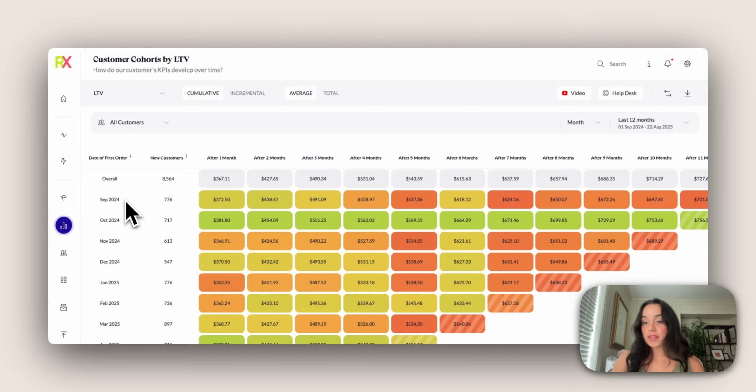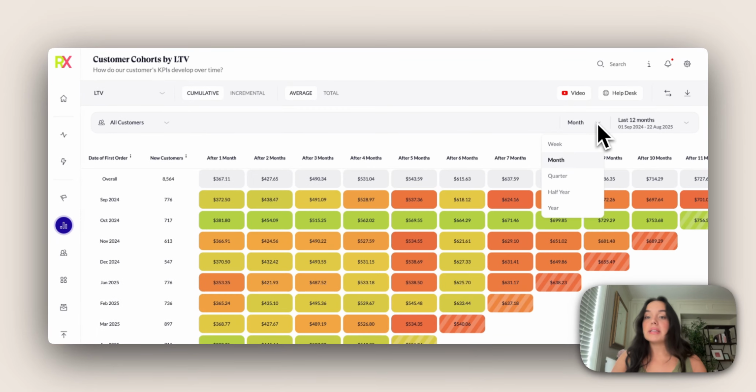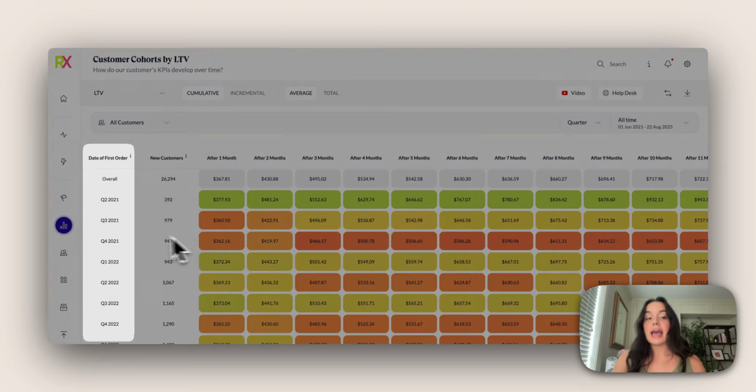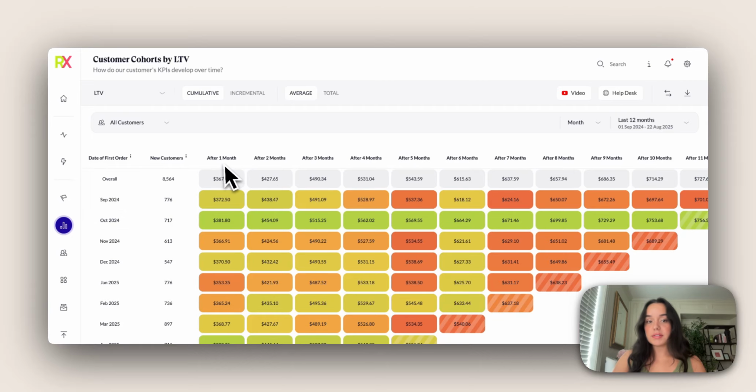We can also change the way that the cohort is broken up by going over here to the time dimensions dropdown. When we click into this, we have the option of changing our view from month to week, quarter, half year, or year, where you can see when I click into one of these options how the cohort itself is going to change. When we go back to our previous view, we can also see at the top of